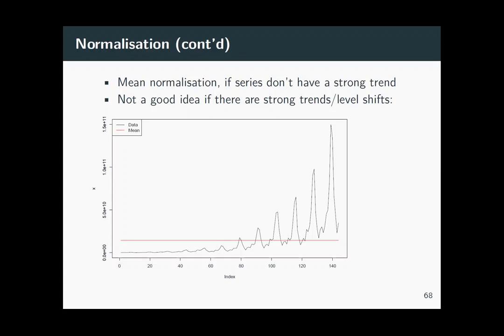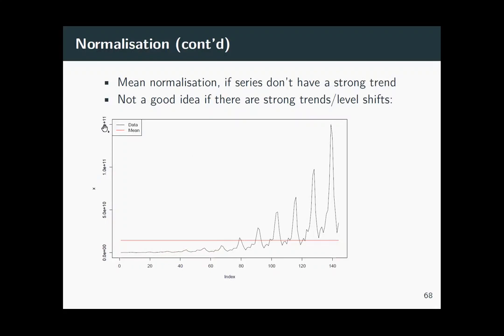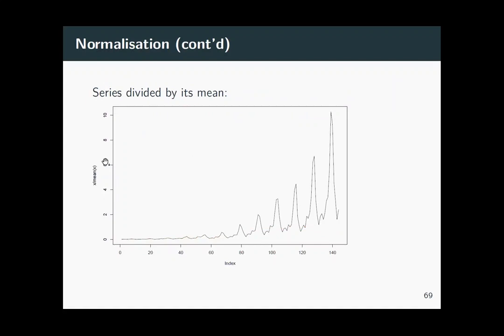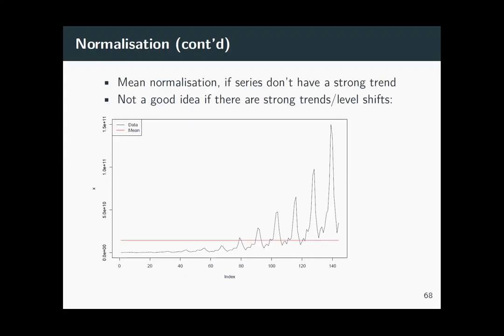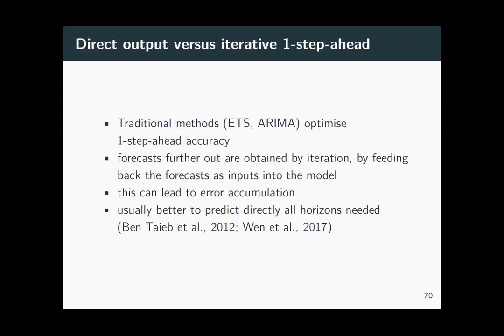Now, if we look at this time series, in red, I've shown you the mean of this time series. If we now divide this series by the mean, what we get is this series. You see the values here, they are like to the power of 11. Here it's a value of 10. So we've brought it down to be values from 0 to 10, but the shape has not changed at all, right? So normalization here by just dividing by the mean has not helped at all. On the other hand, this per window normalization that we've seen before obviously works better.